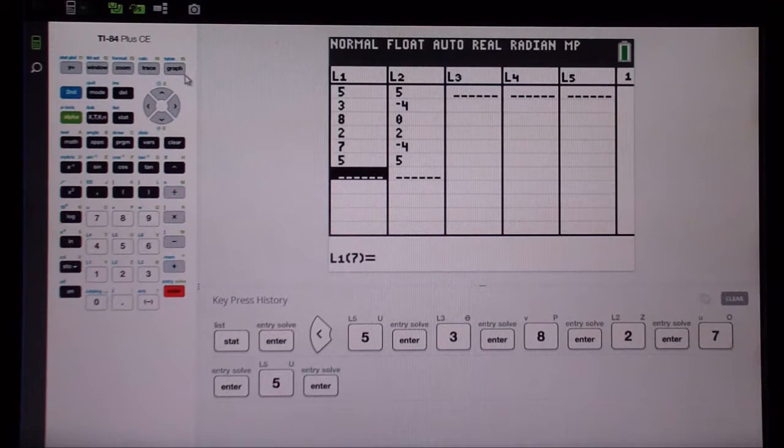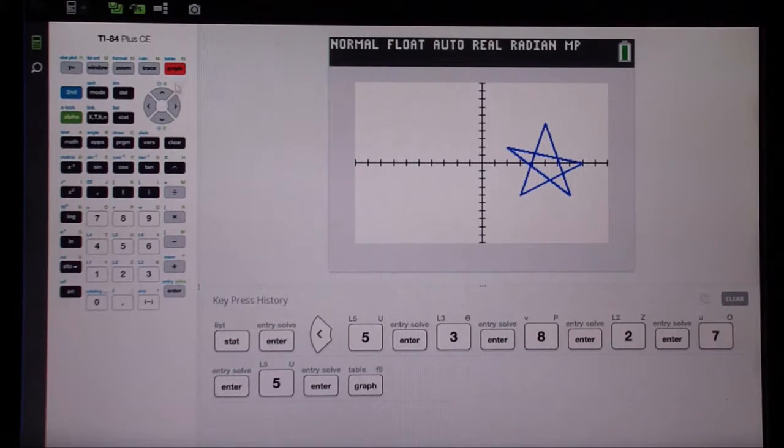Now if I graph it, my star should have moved 5 spaces to the right. And it did move 5 spaces to the right. Now if I want to move it down, up and down is my y-axis. So let's say I want to move it down 3 spaces. So if I want to move it down 3 spaces, I go to stat, enter,